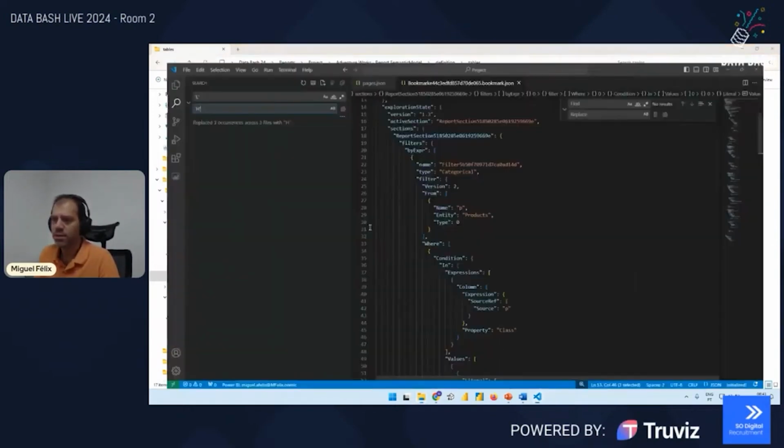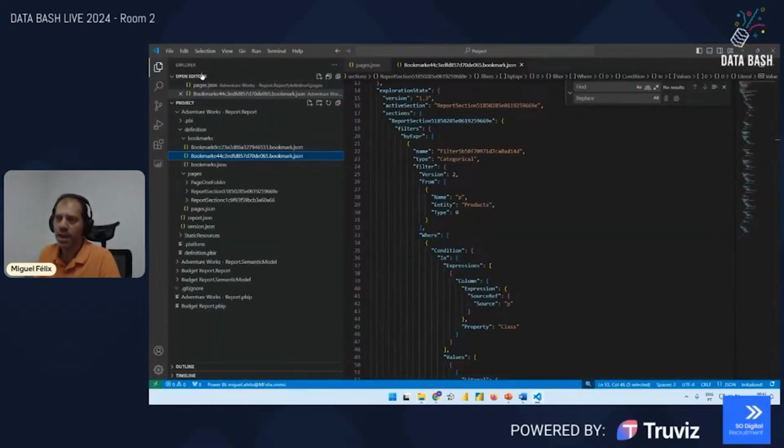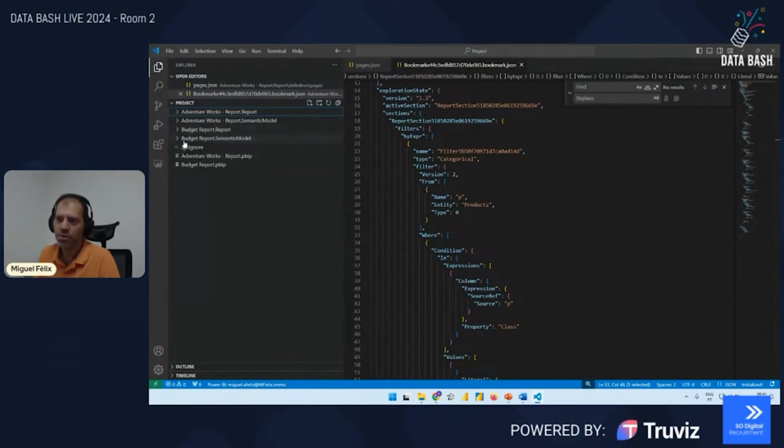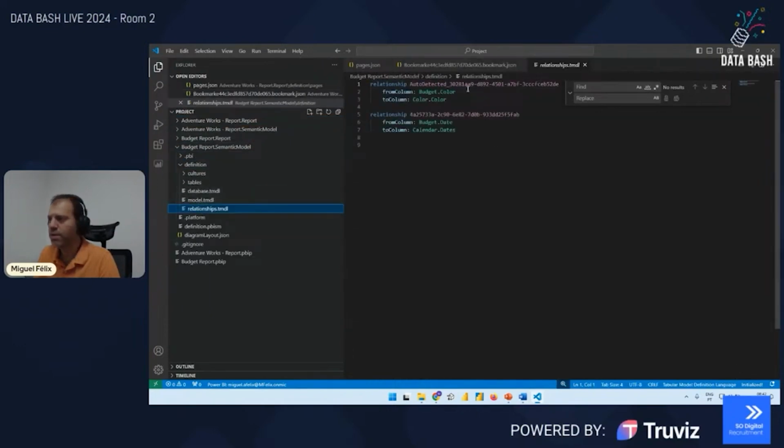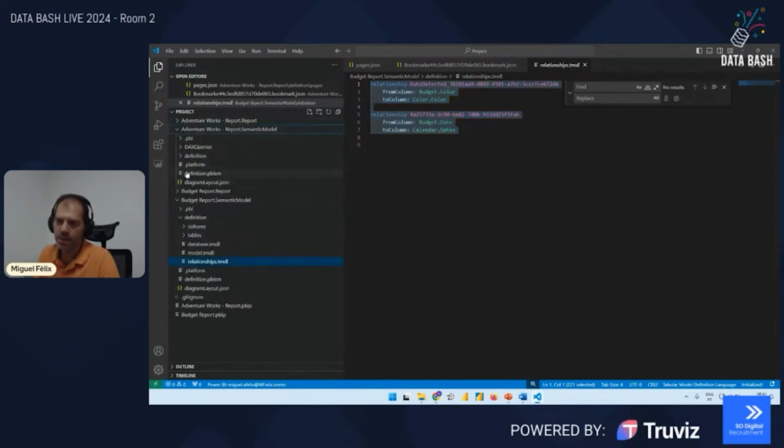So let's go back to Visual Studio Code because it's easier to see. If we check, we already have our budget report over here. Let's go to definitions, relationships, and as you can see, we have our relationships. Once again, this is the lineage tag. You don't need to have anything in particular. You can do whatever you want in this name, but let's just copy this and go to our semantic model over here,